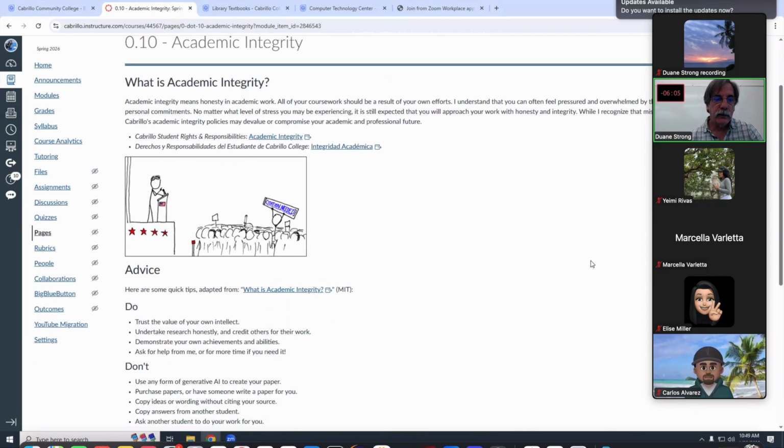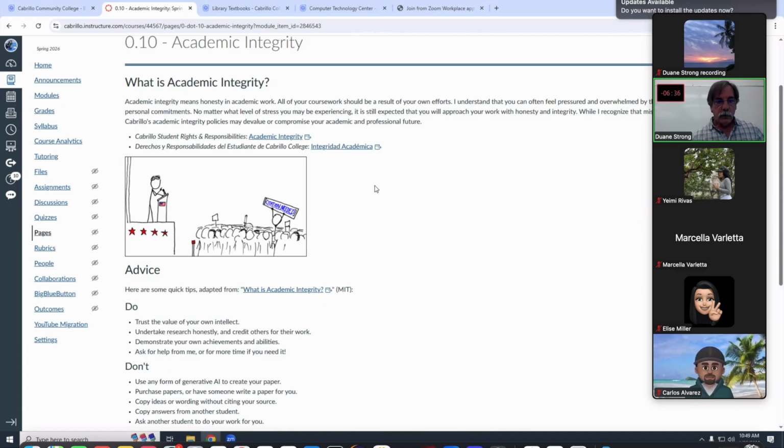Okay, this is my least favorite slide. I have to talk to you about academic integrity. So no cheating, honesty in academic work. It's got to be your own work. That's really the only thing here. It's got to be your own work, right? So your hands on your keyboard. You can work with other students. You can collaborate, ask questions, whatever. But the actual work has to be your own. Again, your fingers on your keyboard.